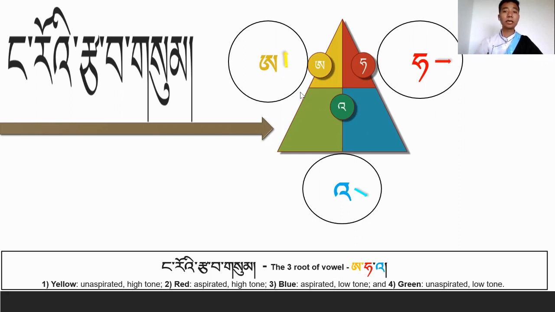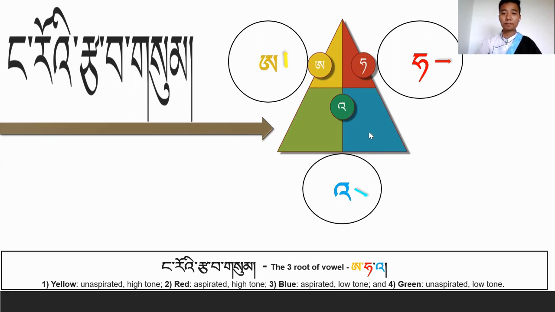In Tibetan we call them nga ru za wa sum. Ngaro means the vowel or sound or tones, and zawa means the root, and sum means three. So nga ru zawa sum. Before we learn these characters and the three root vowels, I want to explain